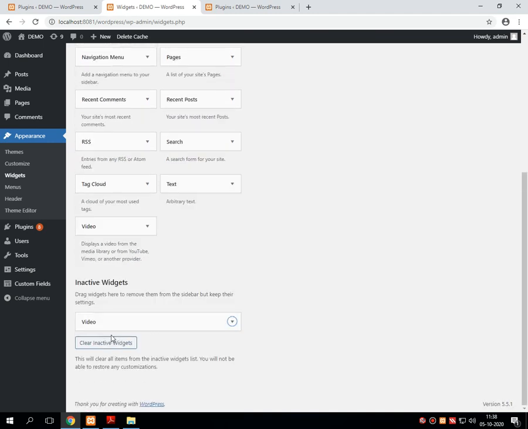Right, so this particular widget became inactive. What happens? Whatever widget you have used in any corner of the entire WordPress site, the widget called